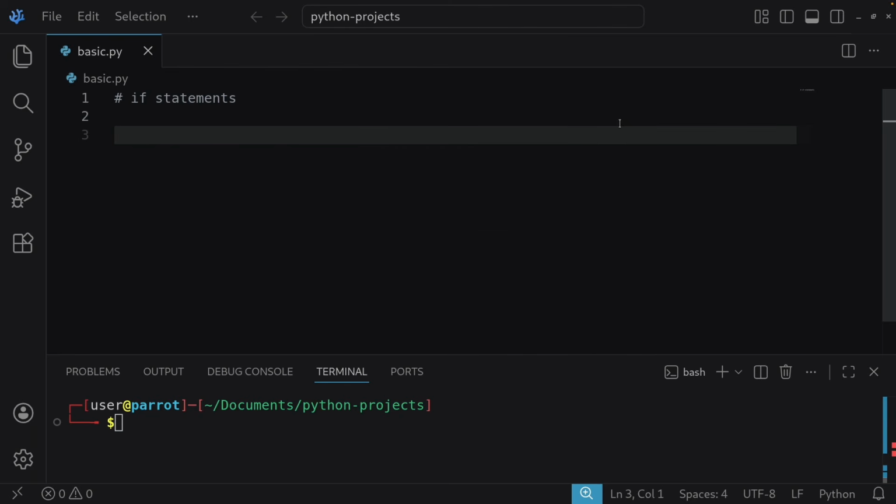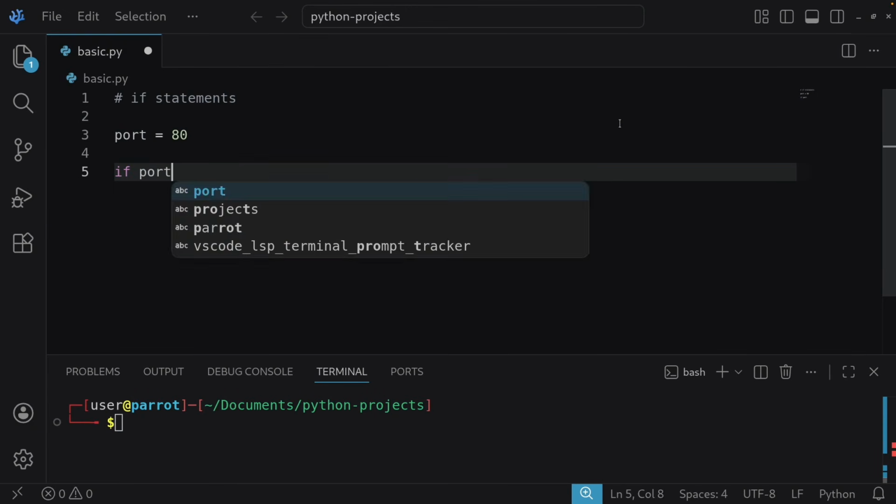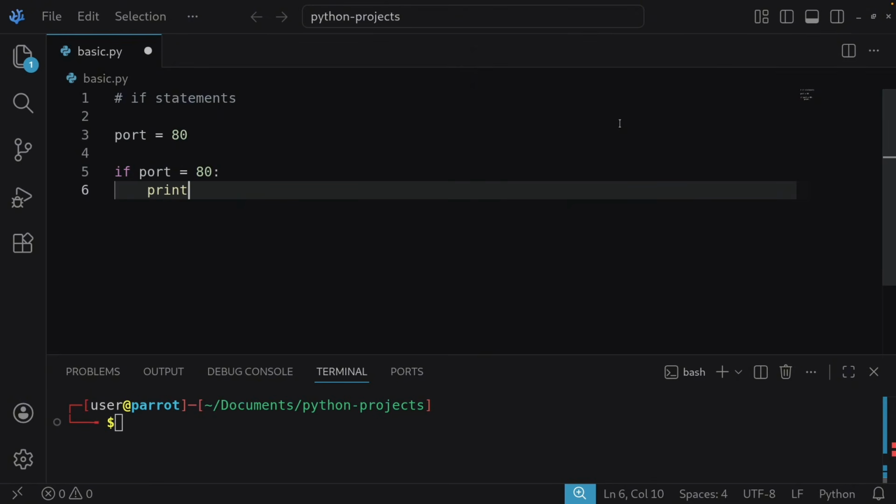For example, if I have a port that is open on my network that is port 80, I can use an if conditional saying if the port is equal to 80, then print HTTP service detected,